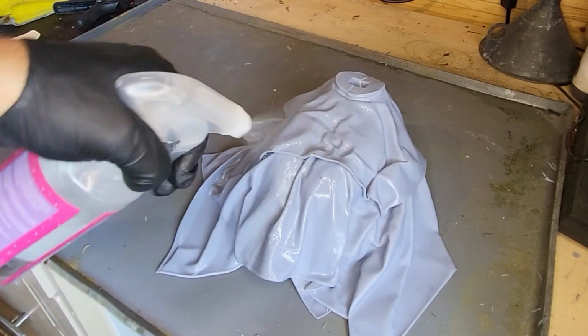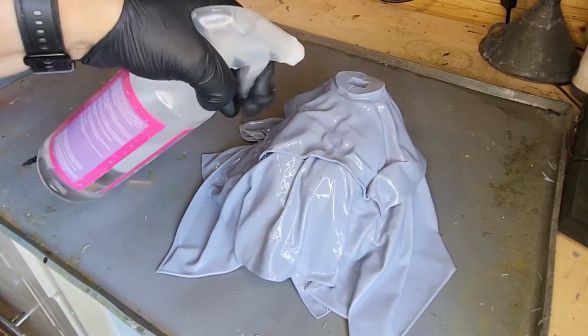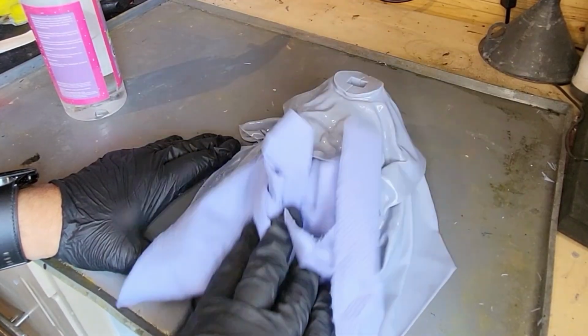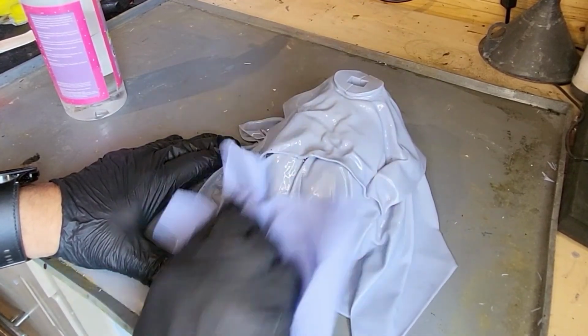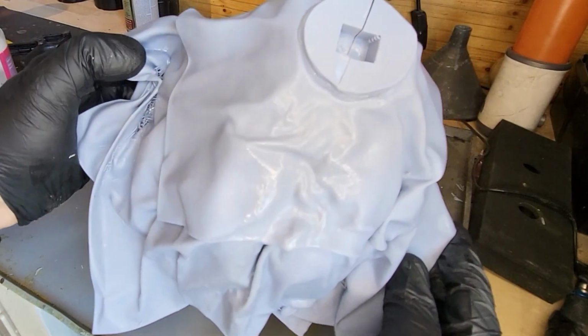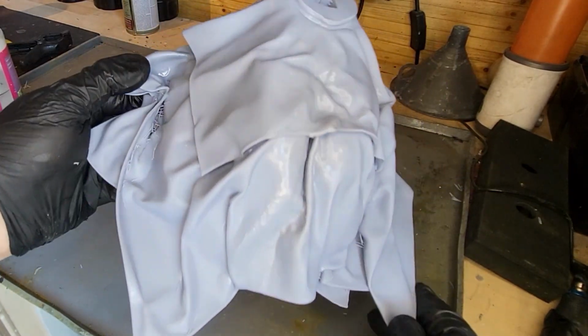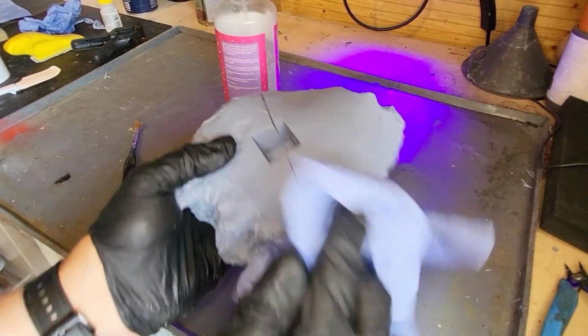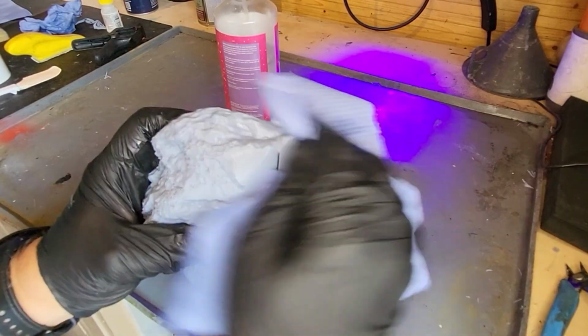And when I've done all of that and I've cured everything, I'm going to clean it all down with a bit of IPA. And I think you can see there that the join has pretty much gone. Now, it's not going to be completely perfect and you're going to need to do a little bit of sanding, but I think you have to agree that that looks a darn sight better. The other thing I'm going to do is put it in my curing station for about 10 minutes to make sure everything is cured. The secret with this is a little bit of resin, often not too thick,